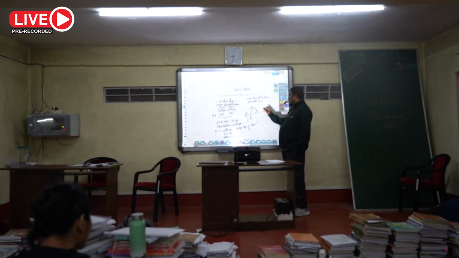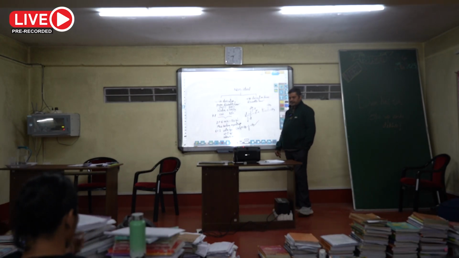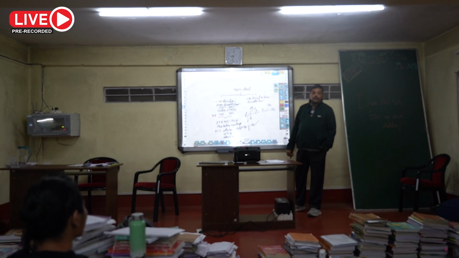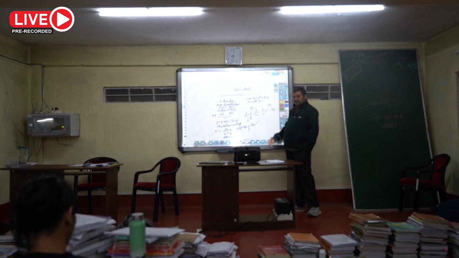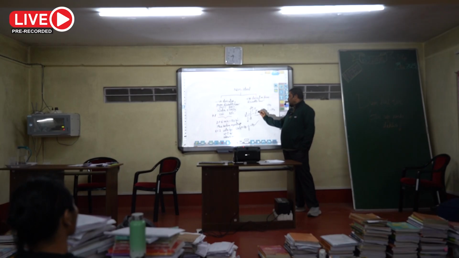You know, in acetone, O gets negative charge. So whenever chloroform and acetone are mixed, the partial positive H and partial negative O develop